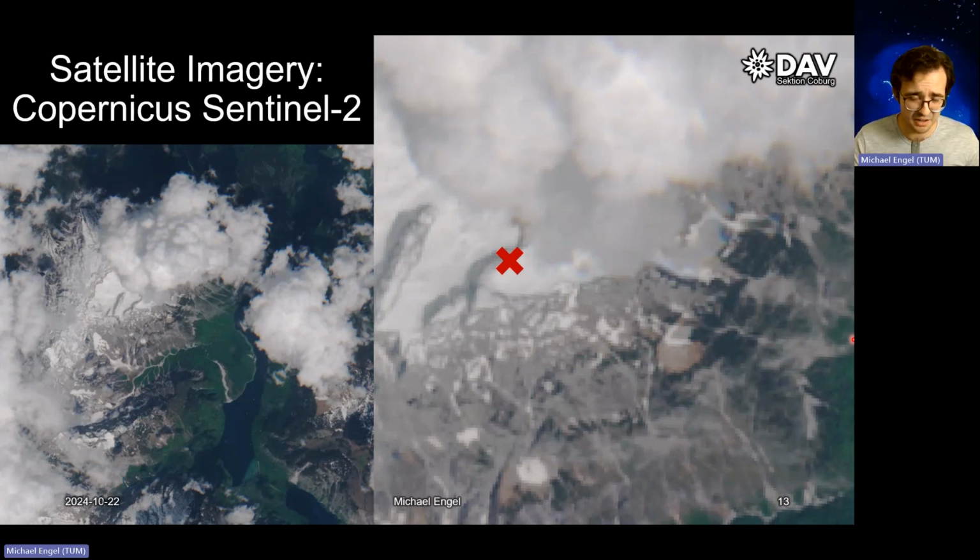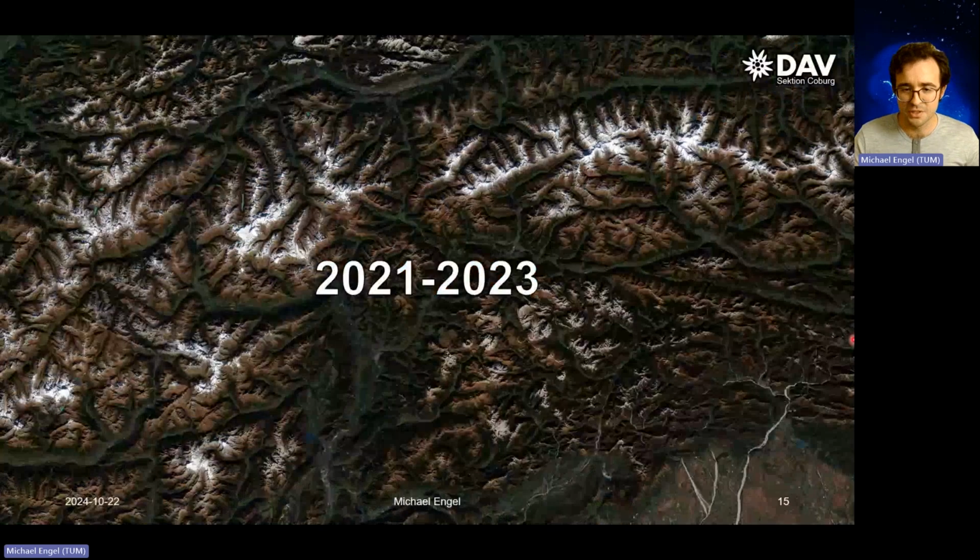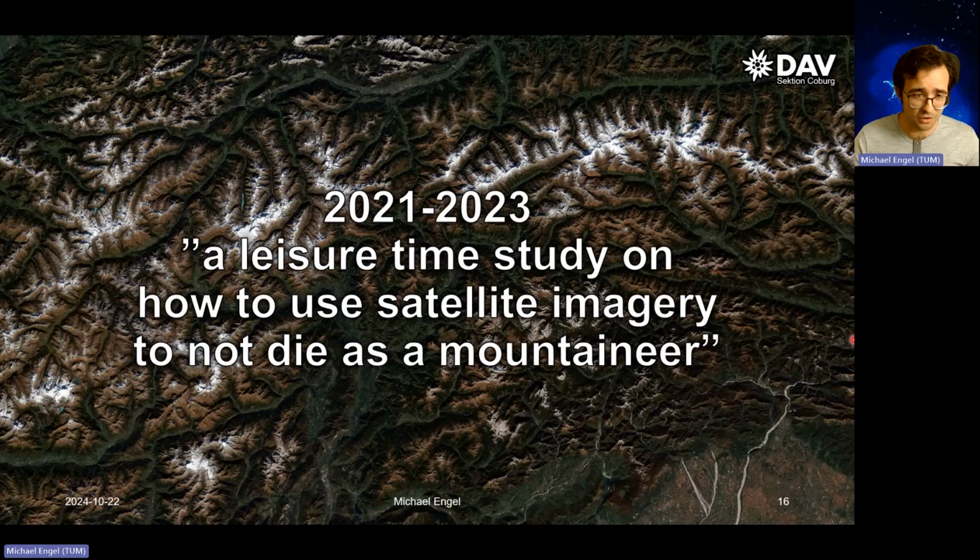And there I said, okay, I don't know if at that point I would have known how to decide based on this image. And that's how it started to pose the question: how to interpret even blurry satellite imagery. And within the next years, 2021 to 2023, or how I call it in the meantime, a leisure time study on how to use satellite imagery to not die as a mountaineer,